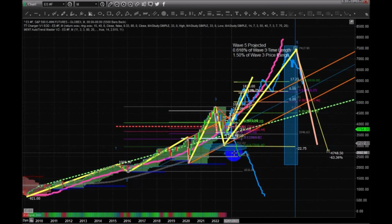So understand that we really are at one of the most important times for you to consider what's going to happen. My research says we're going into wave 5. My research says the Fed is going to pivot. My research says we're not anywhere near the all-time highs of the market, and gold and silver will likely react